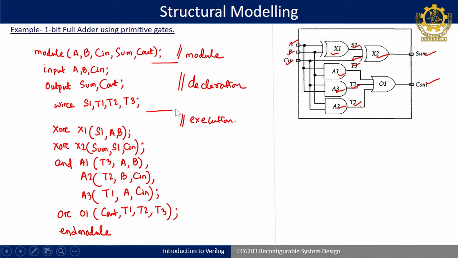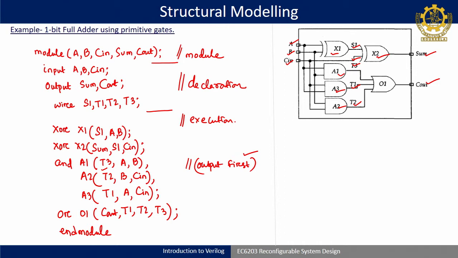Getting the points? So it's an easy modeling style. Next you need to understand what different gate level models exist, and the only thing you have to remember in the port list is always the output first. This is highly required, because while synthesizing it may make a wrong connection if you are not putting the output first. Whatever you write in this place, it will take as an output. So if you put an input there, it will be connected to the output. Any doubt? Okay.